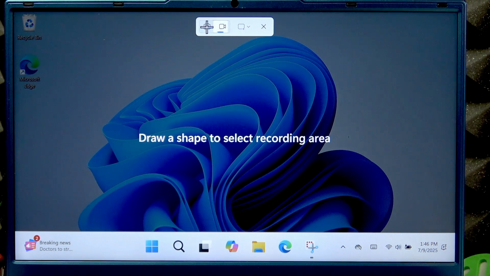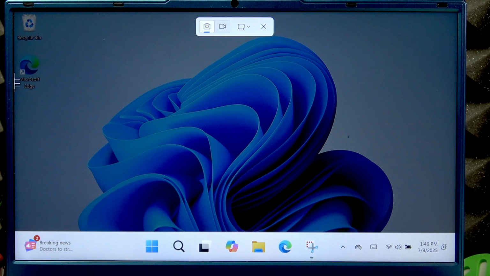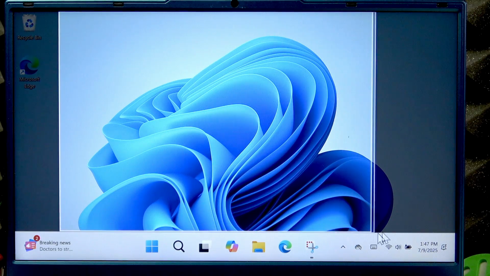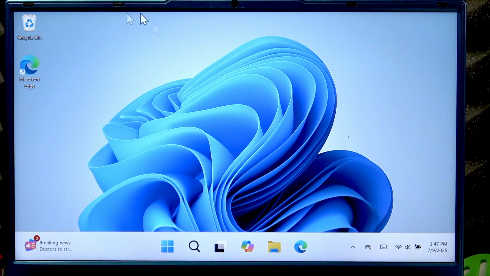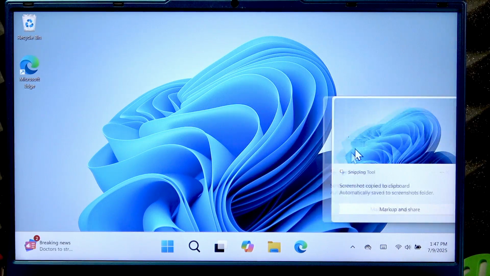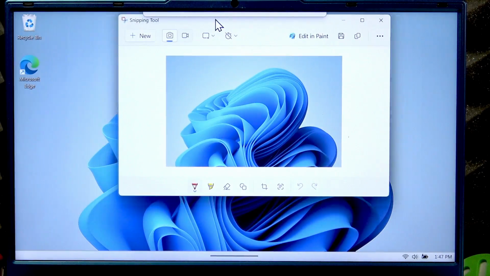And here you'll have to select the snip option on the left, and then you can select one of the four options for your screenshot. So the first one is a rectangular screenshot. Basically what you have to do is select an area on your screen that you want to take a screenshot of. And then once you finish the selection, the screenshot will be saved to your device and also will